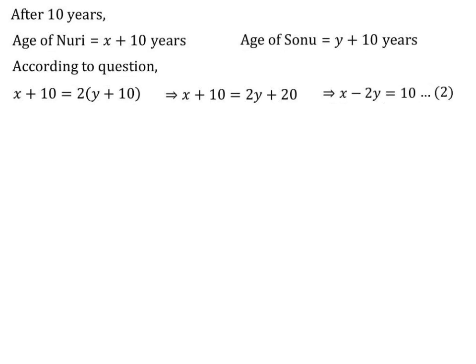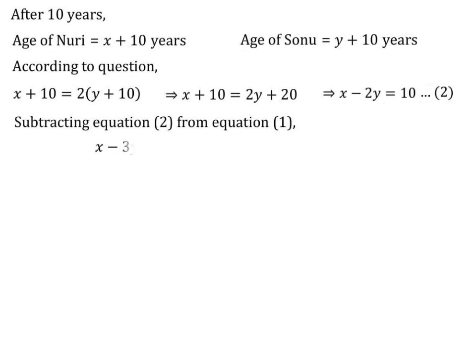Now, you can see here the equations are there. So, again, subtracting equation number 2 from equation number 1. My first equation is x minus 3y equals minus 10 and x minus 2y equals plus 10. Now, directly subtracting, because the coefficient of x is numerically equal. Both are the same, so we have to subtract the equations. So, now changing the signs. First sign will be minus, second will be plus, and the next will be minus.